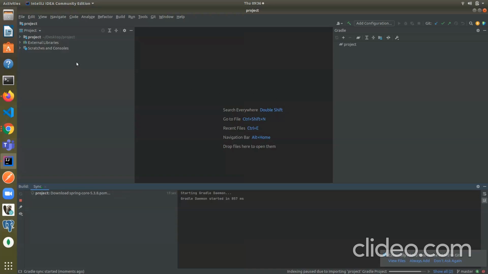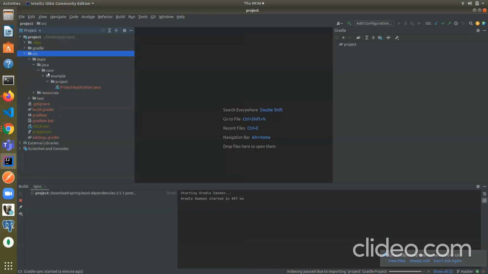After you're done, you can simply go to your project name, and inside you can see all the folders. There's src, and when you go to src you can see main and test. Inside main you can see java and resources, and inside java you can see that these folders are coming root by root, like the children. It should come in the same folder, then you will understand that your project is built. But right now it is not built yet, so let's wait for some time. My project is running, and you can see it is building right now, so it takes some time.